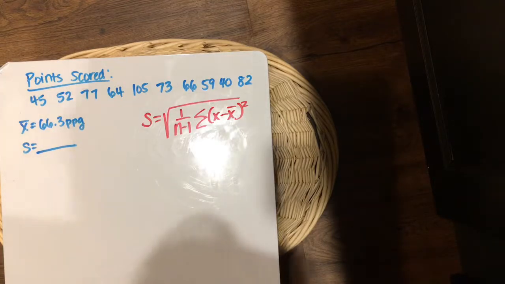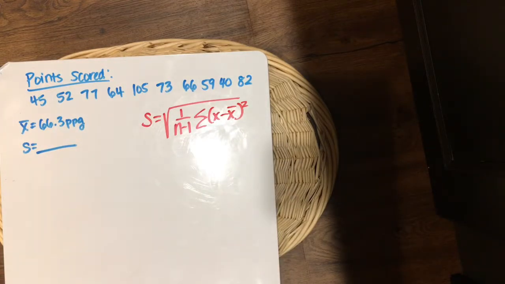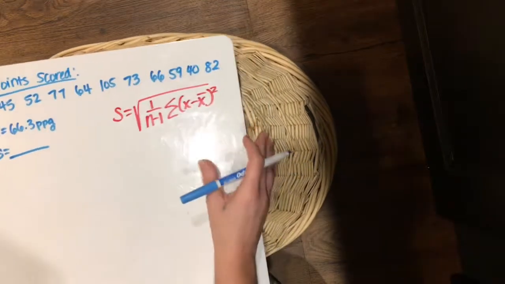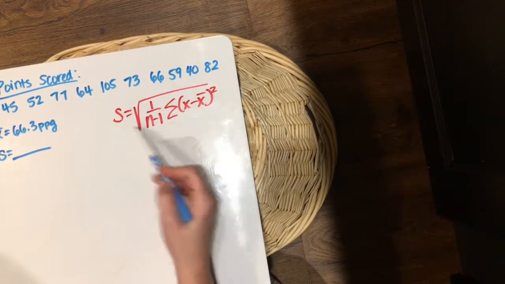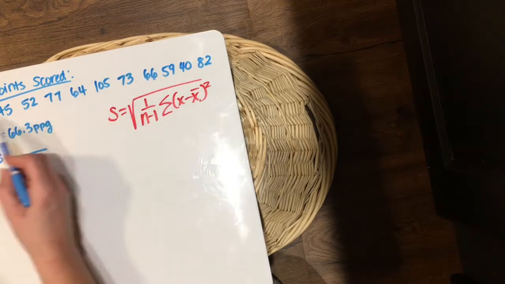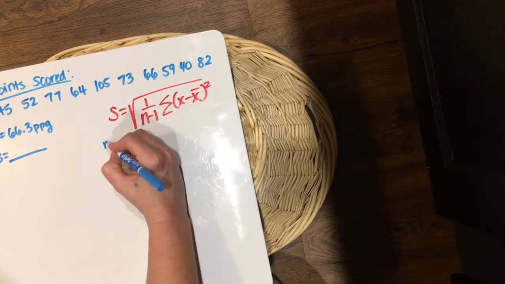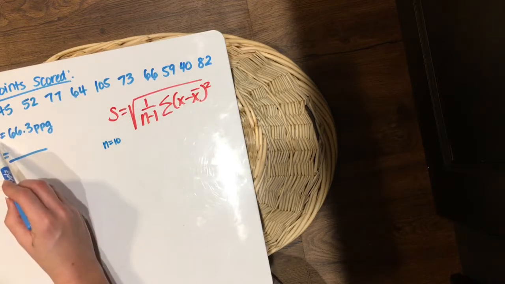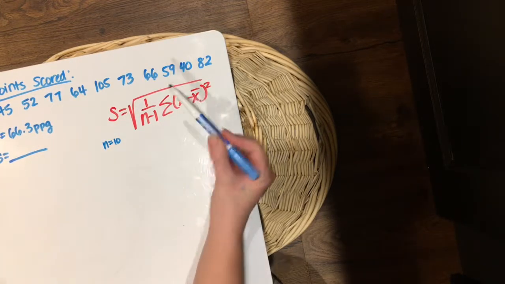So for the standard deviation question, I trust you all know how to find the mean, 66.3. All right, so for standard deviation, let's talk about this formula a little bit. Don't be freaked out by it. All right, n is just your sample size. There's 10 games. So n is 10, and we know the mean x bar right there,